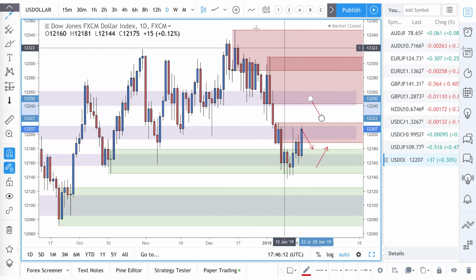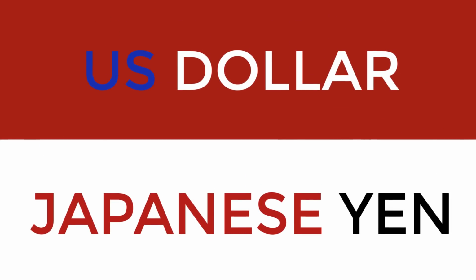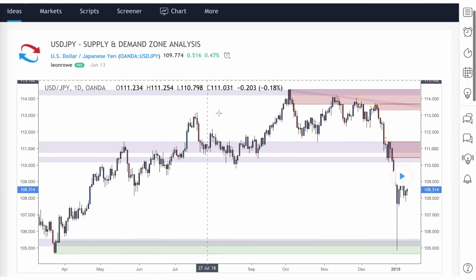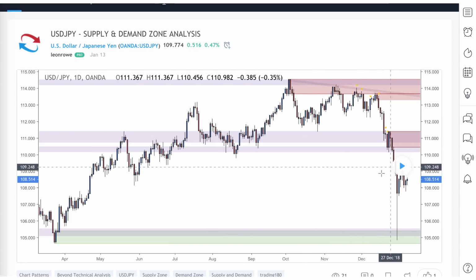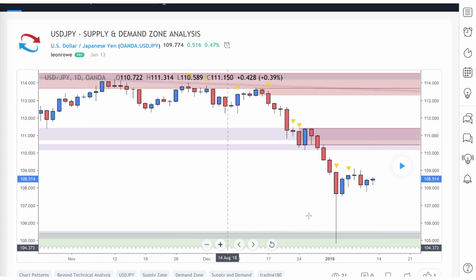So now let's move on to the dollar yen. And dollar yen from last week, let me just zoom in a little bit. Last week's analysis,